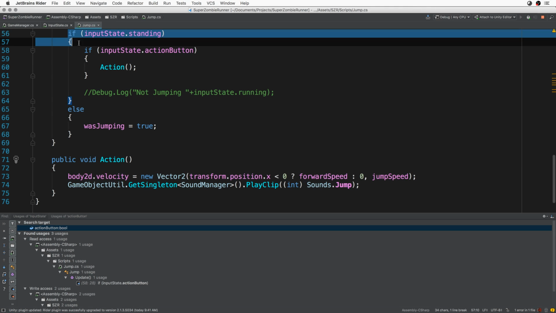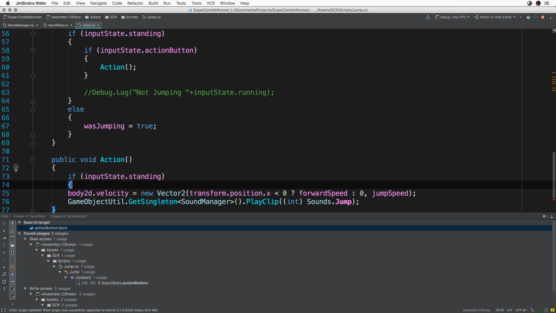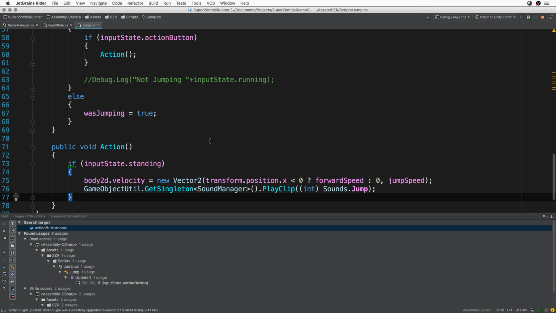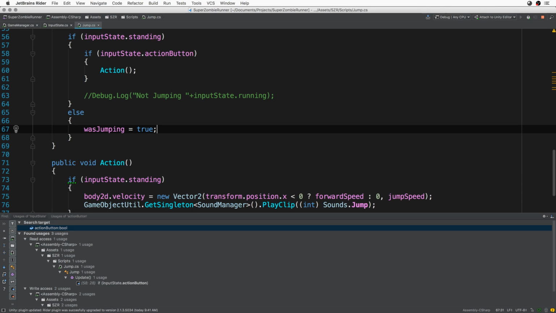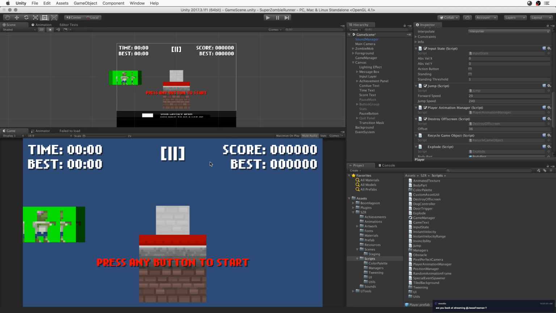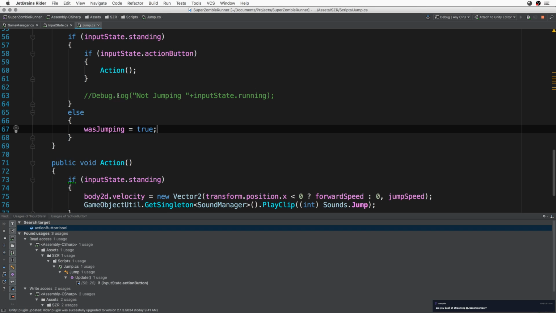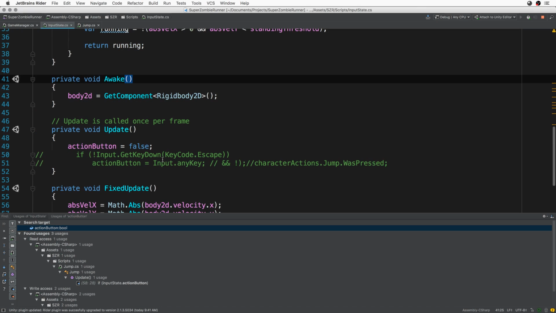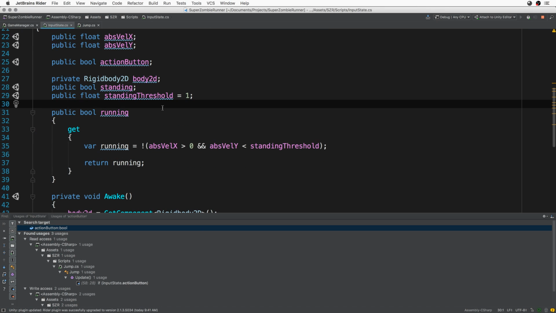And what we want to make sure is if the player is standing, then we will perform this action. All right, so now we might be able to just get around the whole input thing. And what I need to figure out in this input state is I'm probably going to strip all this stuff out. I mean, this was all based on code that I written that had like a much more complicated player model. And